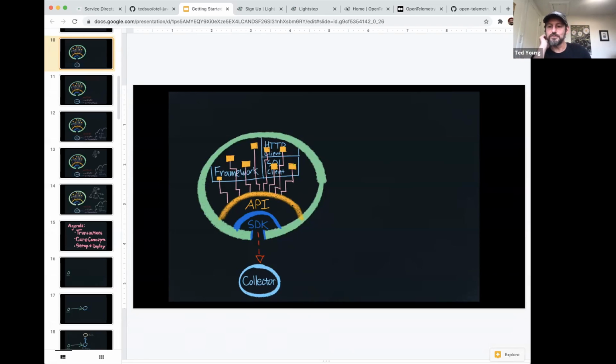Tony asks, what would a trace look like where an async call to some service didn't complete? The service which was called died before writing to the collector. So if the service dies before a span completes or exports, then you'll lose that data. So the way OpenTelemetry exporters currently work is they're a sort of buffer-based model.